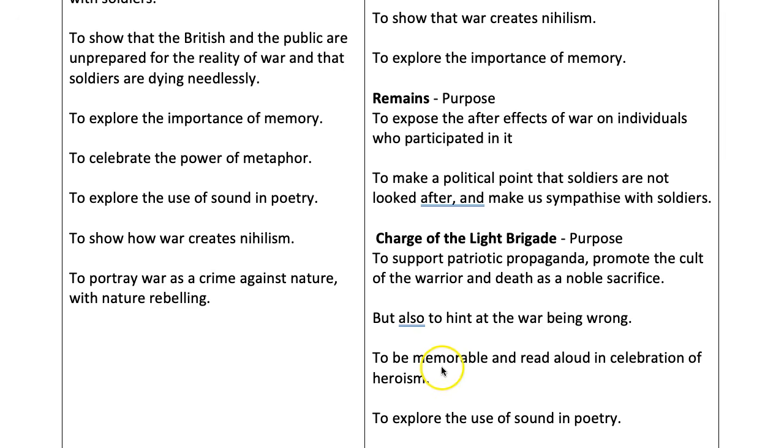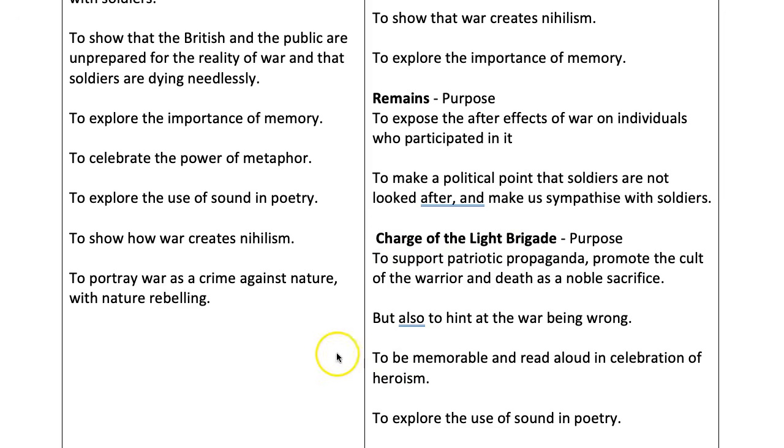Interestingly, Charge of the Light Brigade is written at a time when people routinely memorised poems, and so he's absolutely obsessed with the sound of his poem and writes it in order to be read aloud. And that's similar to Wilfred Owen, who is also really fascinated by the sounds he can create. So that's going to be a structure point, and therefore Charge of the Light Brigade is going to be a